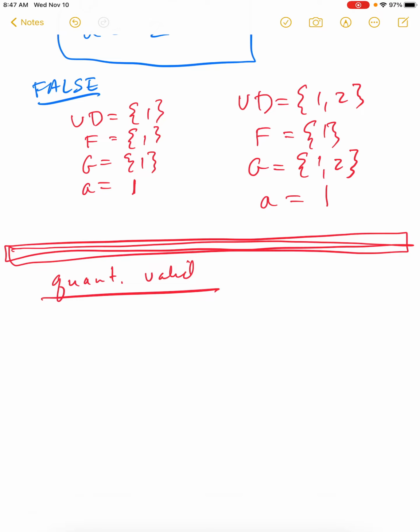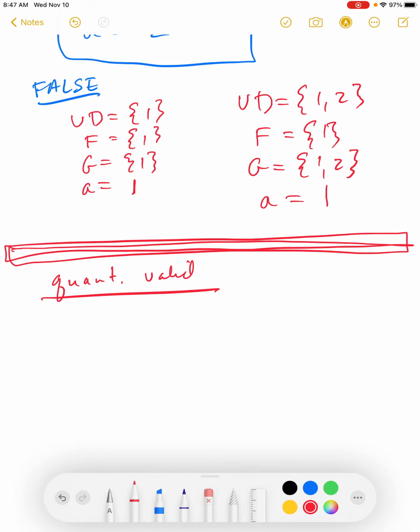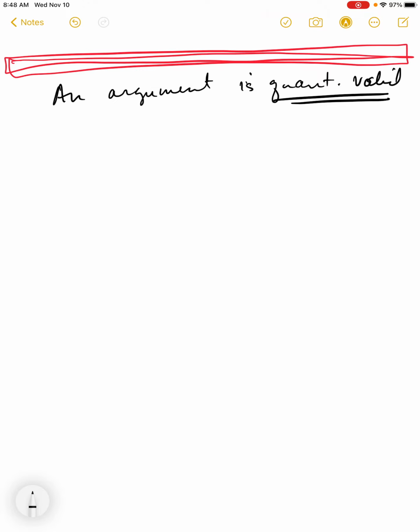Let me just write out the definition of quantificational validity. And you already know what it is, I'm sure. An argument is quantificationally valid if and only if